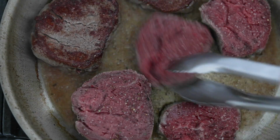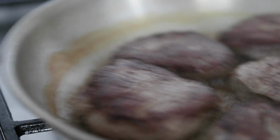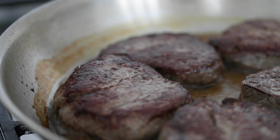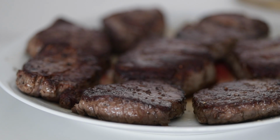You're not going to get a perfect brown on all of them because it cooks so quickly, but do the best job that you can. This is excellent. 2 minutes on one side, 1 minute on the other. That is it. It's going to be a nice rare to medium rare. We're going to set it to the side on a plate, let it rest,